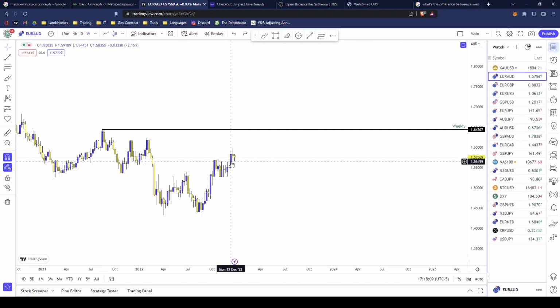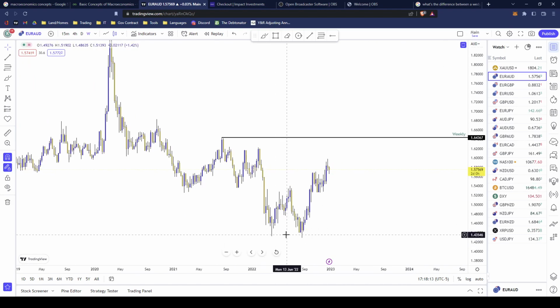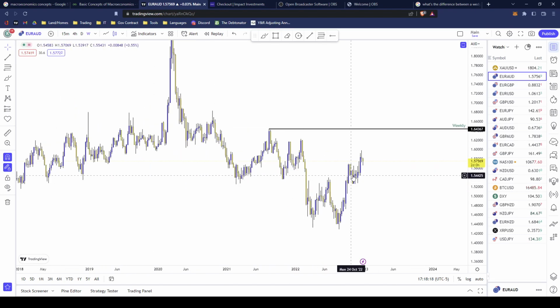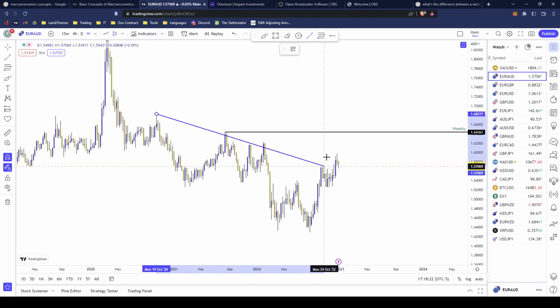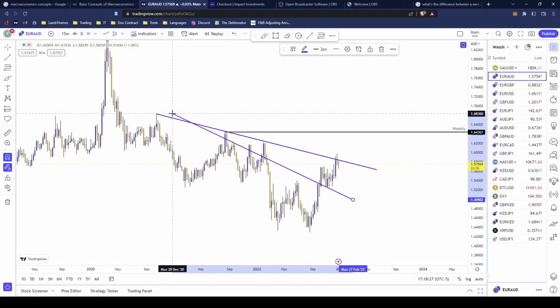So back to this, we see that here. It's a lower high. This doesn't really matter because it did not close below. So yep, looks like we're done with our weekly. One other thing that I like to note on our weekly is that we see this trend here. We can tell that